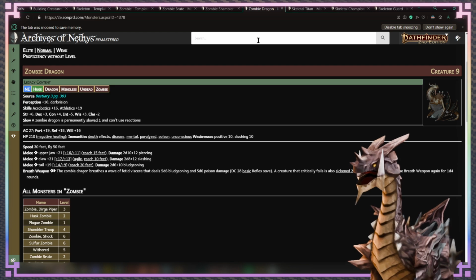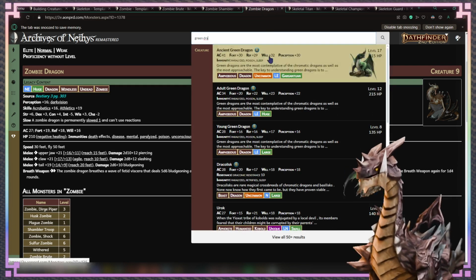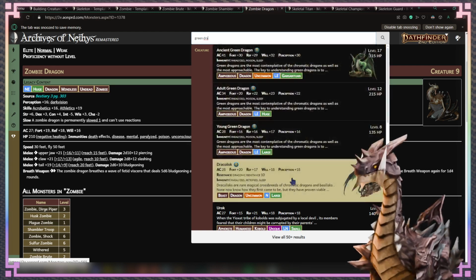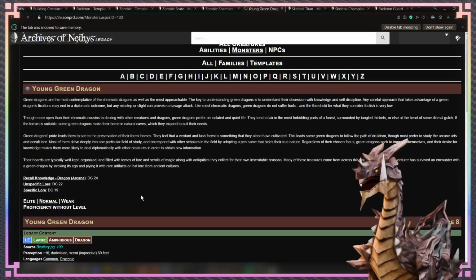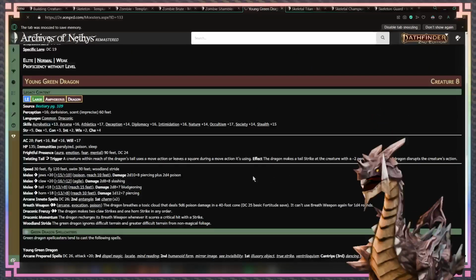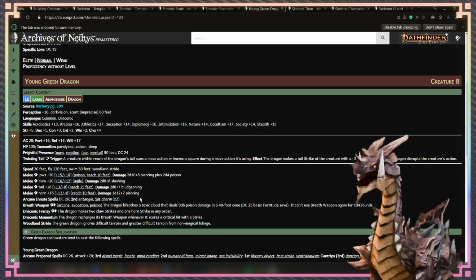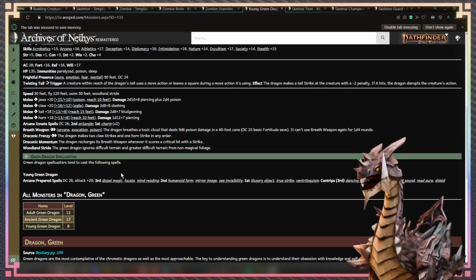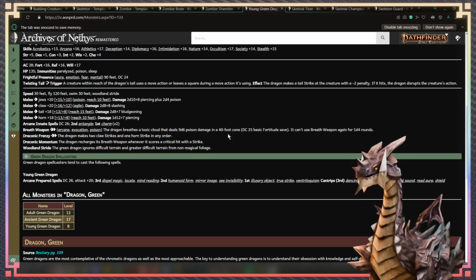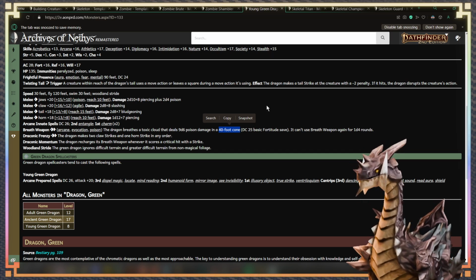So we can look at green dragons, I think, which will be older, but we can find the young green dragon, which is probably somewhat comparable. It's smaller, but it's a similar level, and realistically, breath weapon size is dictated more by level than it is by the actual size of the dragon. So we have a 40-foot cone. So we could say 40 feet, we could say 30 feet because it's a zombie and they get down-tuned a little bit. But nonetheless,